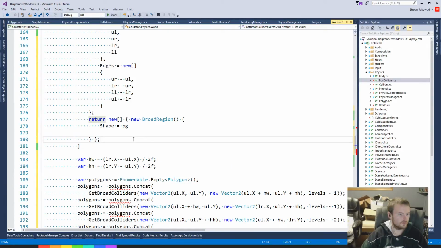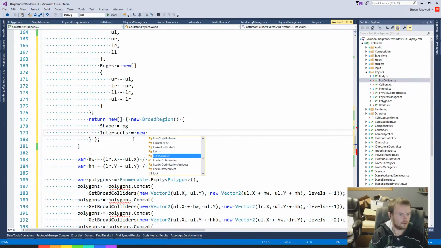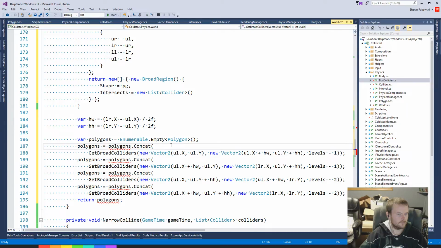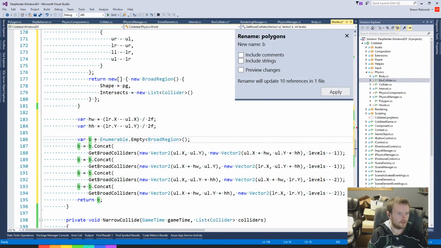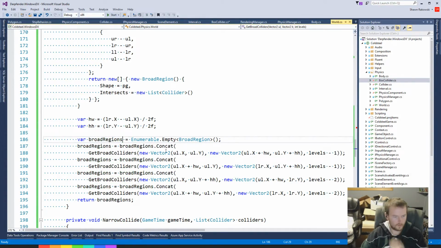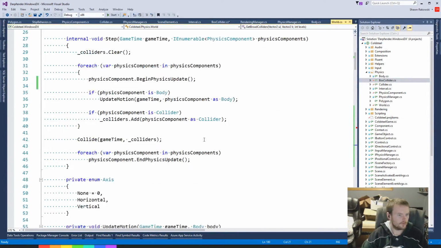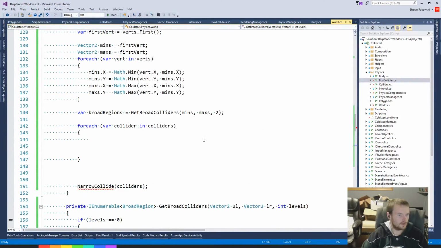I don't know if I have to new one up here. Okay. Why does that not like it? So when we do here, it's not an empty list of polygon, it's broad region, BR broad regions. Okay. Perfect. And then we'll go through, and for each collider in colliders,